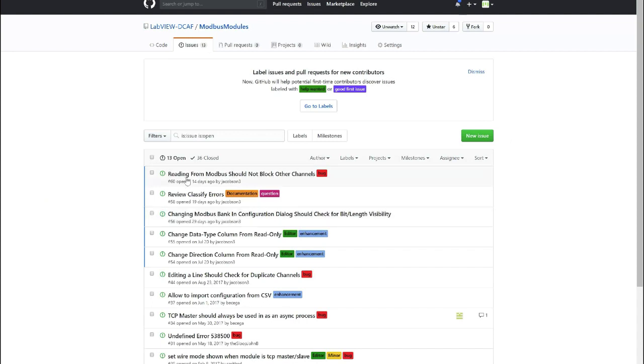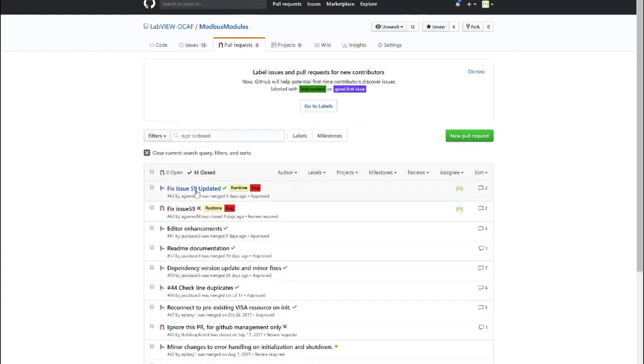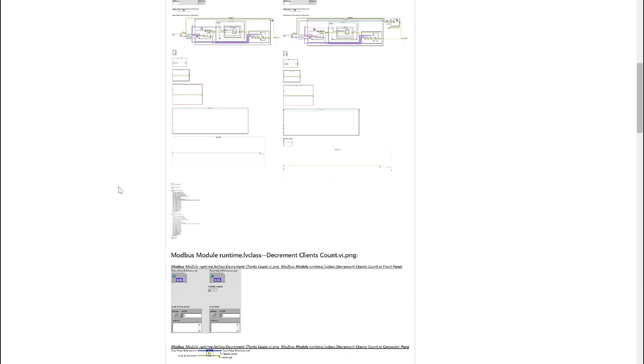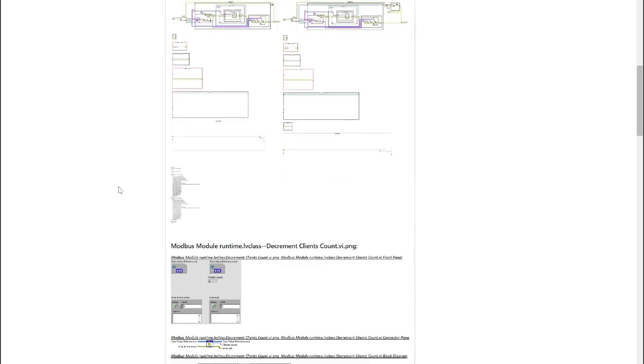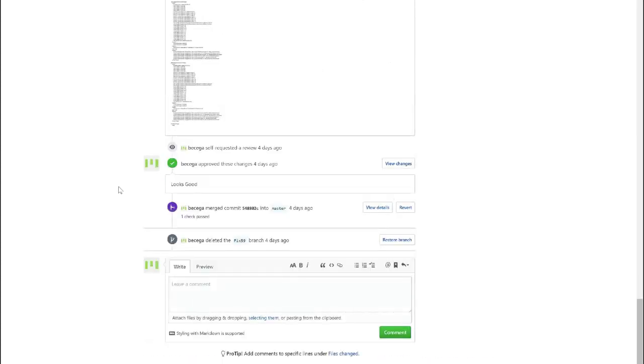So, for example, one of our pull requests, how it would look, I have here pull requests that are closed. We're basically using the same icons they have in GitHub. But it shows us what VIs changed, and that's the review that someone has to do. So we have all the VIs that change. Well, it disappears once you accept it, but it will not allow you to merge the change unless the unit tests pass and unless it was built successfully. And review. So those three things need to be done.